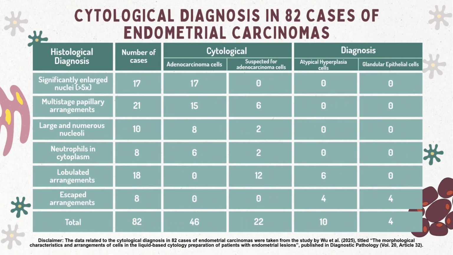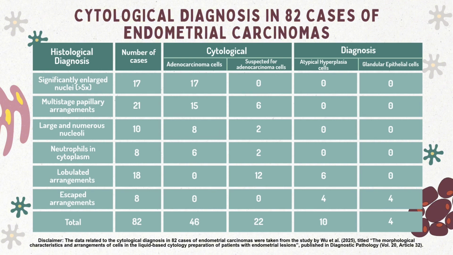In order to find the root causes of misdiagnosis of endometrial carcinoma, the carcinoma slides are reviewed again. Out of the actual total, which is 82 cases, 17 of the adenocarcinoma cells have more than 5 times nucleus enlargement, 21 cases of multi-stage papillary arrangement consisting of 15 adenocarcinoma cells and 6 suspected for adenocarcinoma cells, 10 cases for large and numerous nuclei consisting of 8 adenocarcinoma cells and 2 suspected for adenocarcinoma cells,